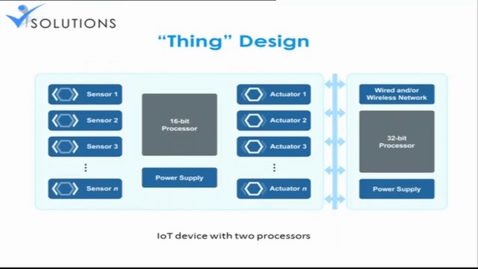Processor number 2 will take care of all your processing and everything. Acquisition and processing will be taken care of by this processor, whereas your wireless communication and everything will be taken care of by this one. And you will have a different power supply. This has to be 16-bit and this has to be 32-bit. The reason we are proposing 32-bit now is that we are all using IPv4, which is 32-bit. When we go for IPv6, then we can propose something better than this. Getting it? Yeah.